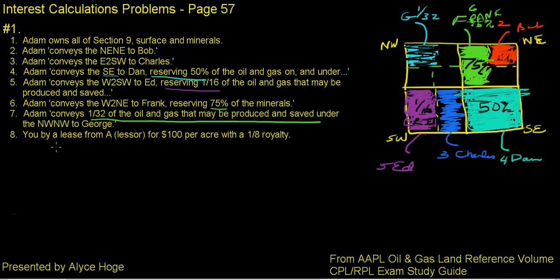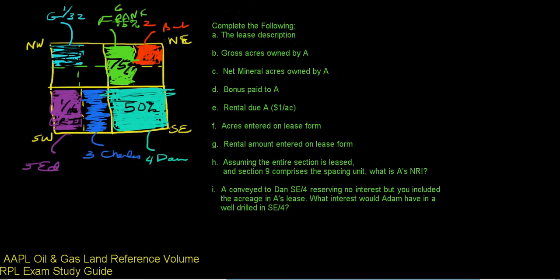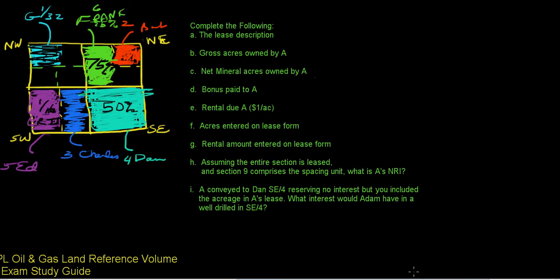Okay, you buy a lease from A, the lessor, for $100 per acre with a 1/8 royalty. So the first question that we need to know the answer to is, now we're just going to rely on our drawing. Complete the following. What is the lease description we're going to use? So now what we're going to do is find everywhere where it's black, and we know that is where